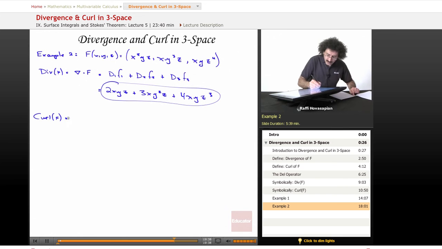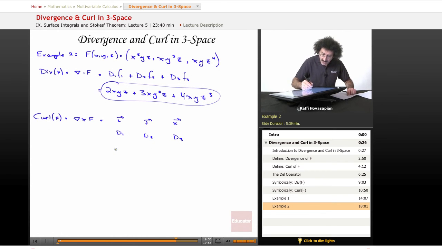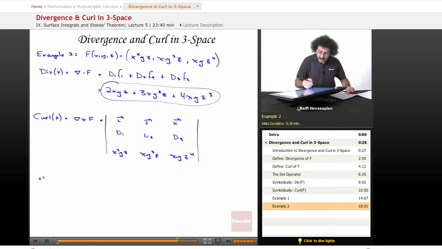The curl of this vector field, well, it is equal to del cross f. And del cross f is symbolic, so it's going to be i, j, k. Let's do capital D notation here, d1, d2, d3, and we have x squared yz, we have x y cubed z, and we have x y z to the fourth. Okay, so now let's go ahead and expand along the first row. It's going to be the derivative with respect to y of this minus the derivative with respect to z of